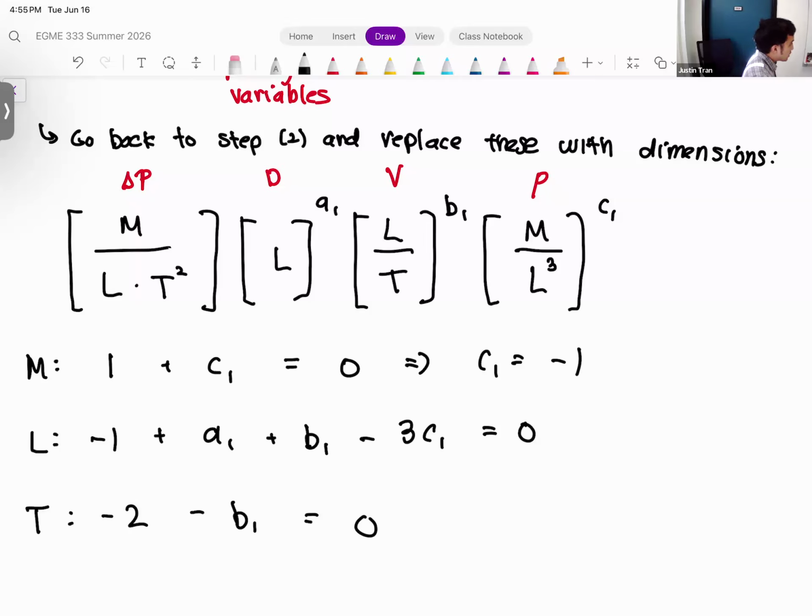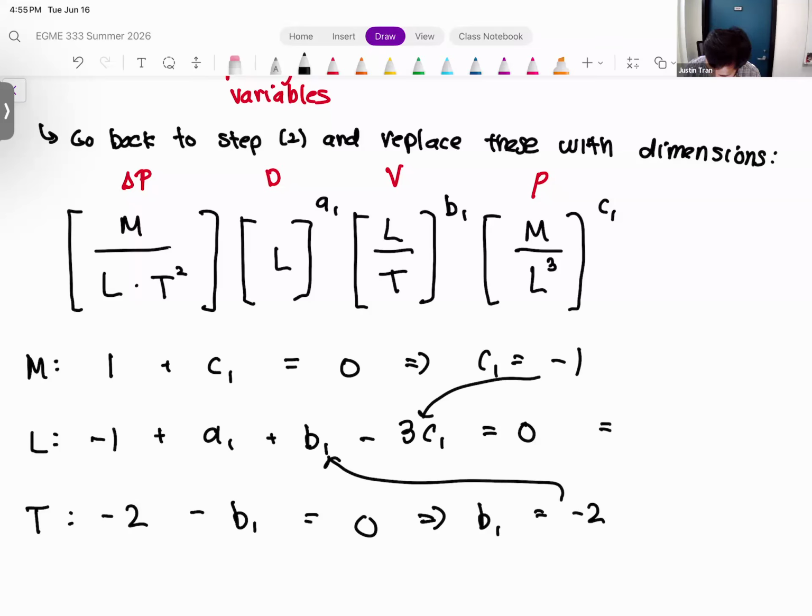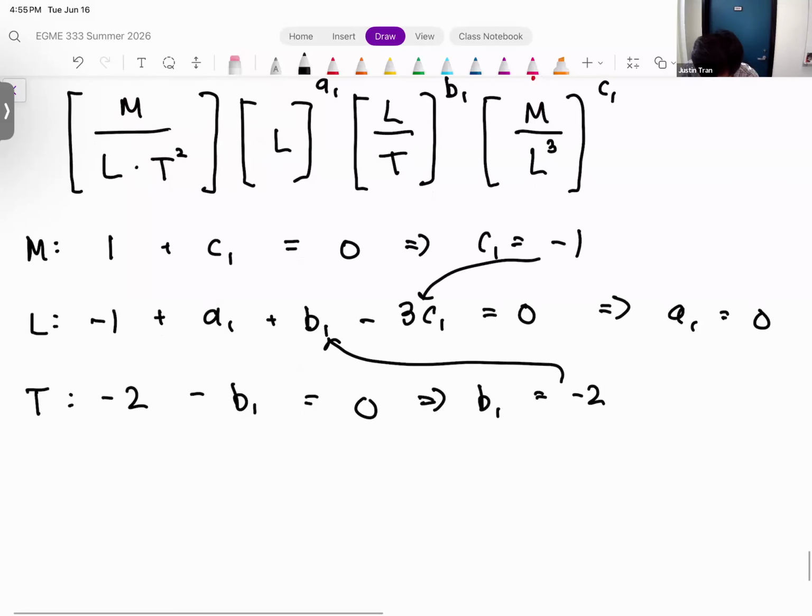Okay, so now we can finally solve for this. We can solve the last equation there. Our last equation is B1 is equal to -2. And so we plug that in here, we plug C1 in there, and what we get is A1 is equal to 0. Okay. So in this case, the diameter is actually not going to participate in the dimensionless group for the pressure. All right, and so if we recombine this,